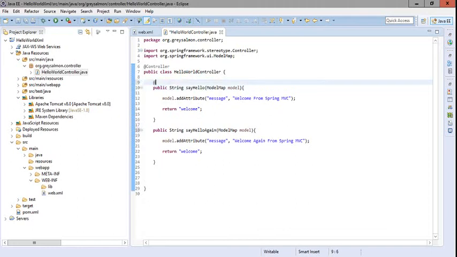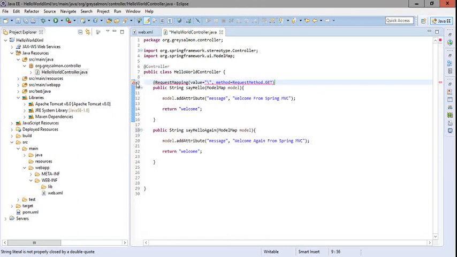Like I will use the annotation RequestMapping, and in the value part I will map this handler to this, and under the method part I provide here RequestMethod.GET.